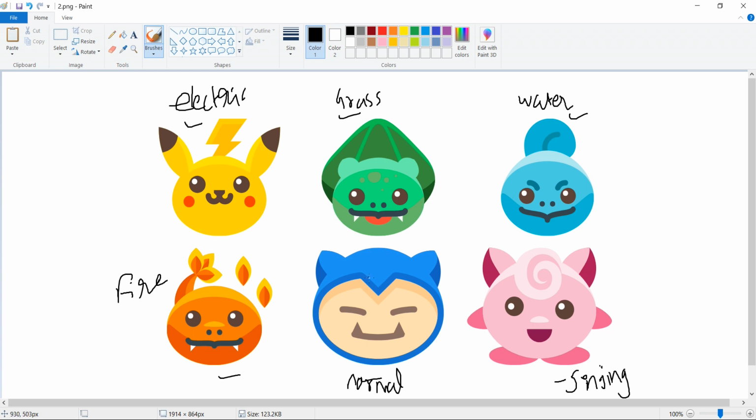Okay, so each of these Pokemons has its own capability and ability to show what they are capable of. So we can classify them into different categories. Like in the electric category we have different types of other Pokemons, also in grass type we have different Pokemons, in water type. So there are basically different categories of Pokemon, and they exhibit certain functionality, and they are different in some way, but also they have something in common.